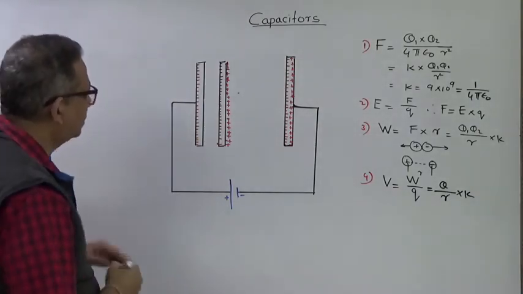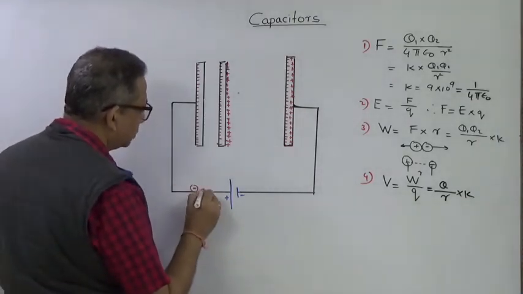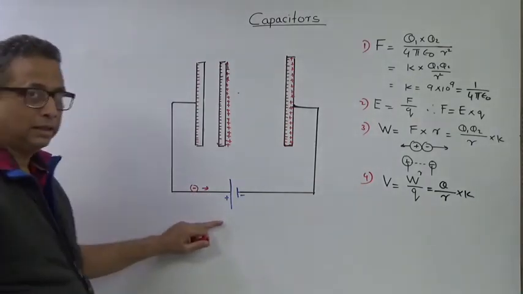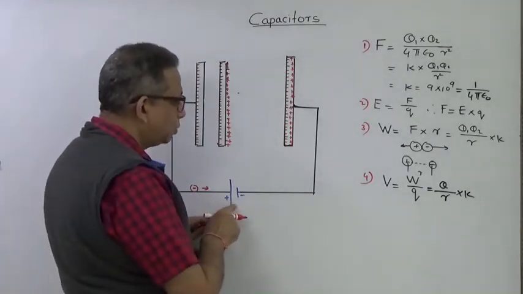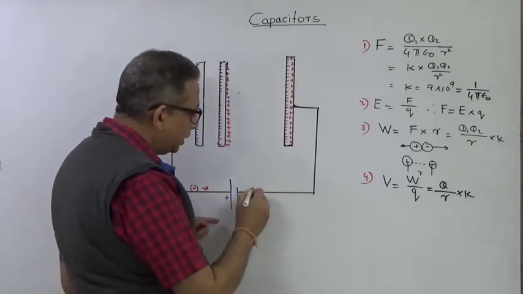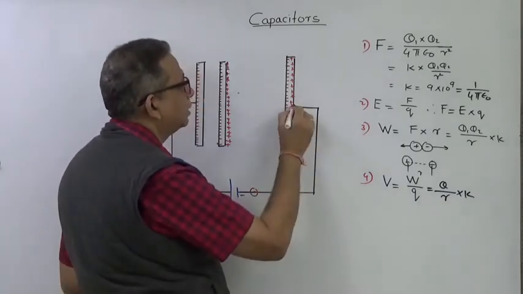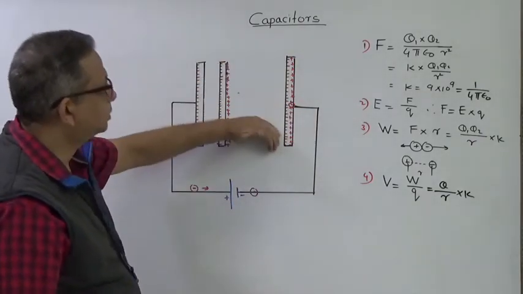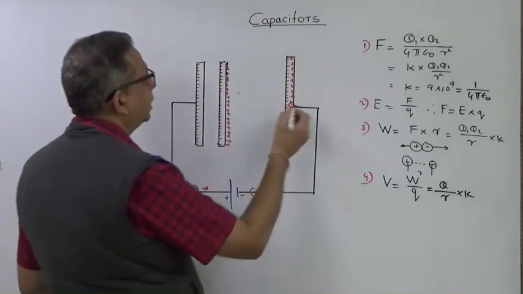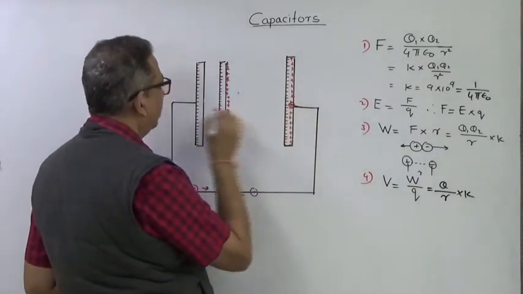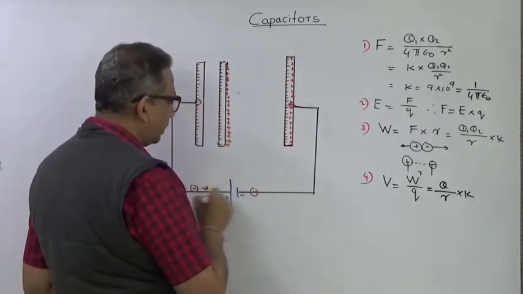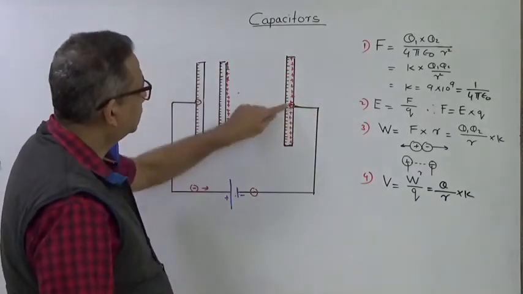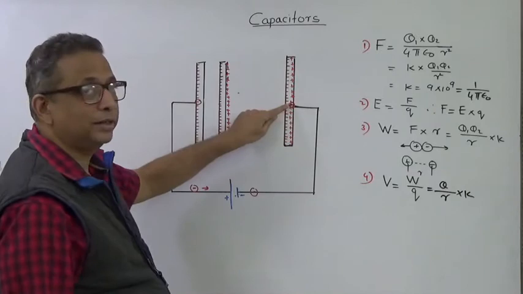As a result, what happens? There is a flow of electrons in this direction towards the positive terminal of the cell, and one electron goes inside this cell. One electron goes and gets neutralized on this particular part to get accumulated on this side of this plate. So this negative electron will enter into this particular plate, where one electron is removed and it goes into the cell. One electron will go and get accumulated in this plate because of the positive charge, which is going to attract the electron inside this plate.